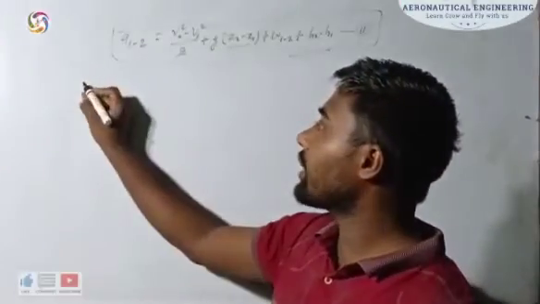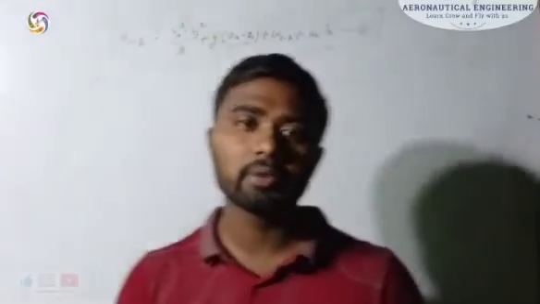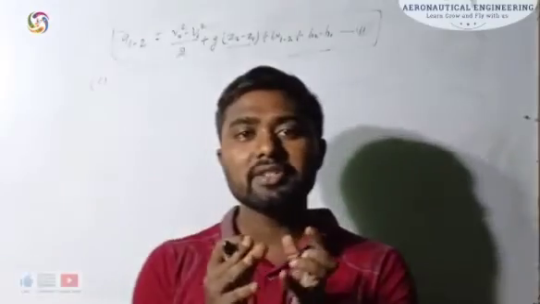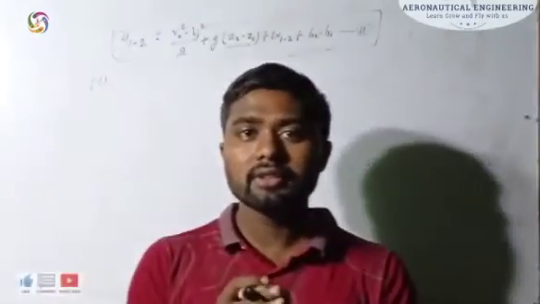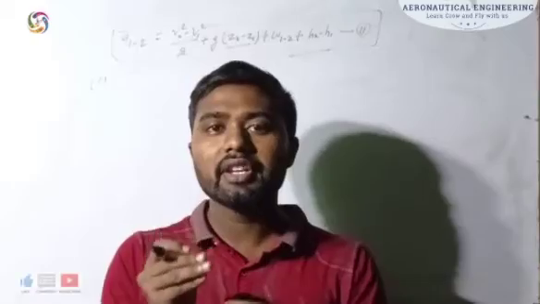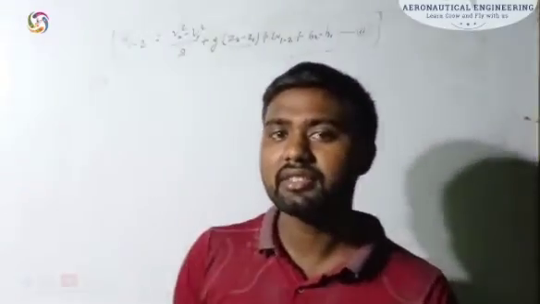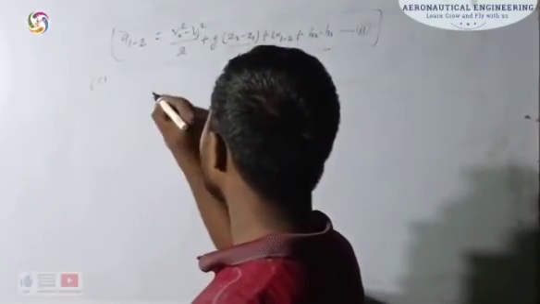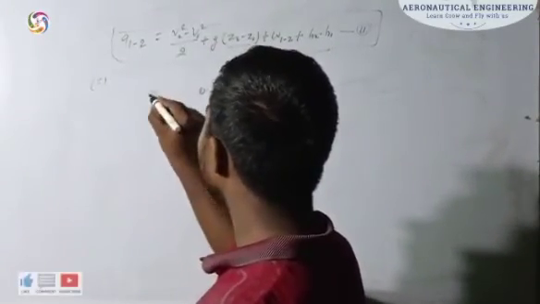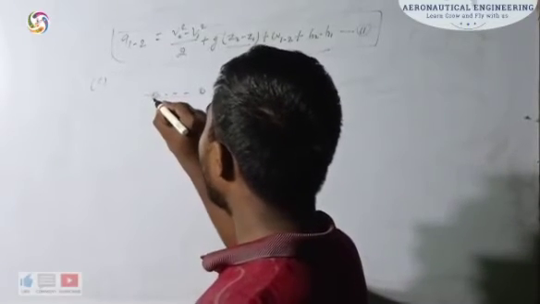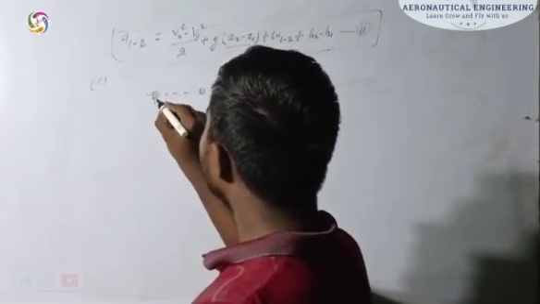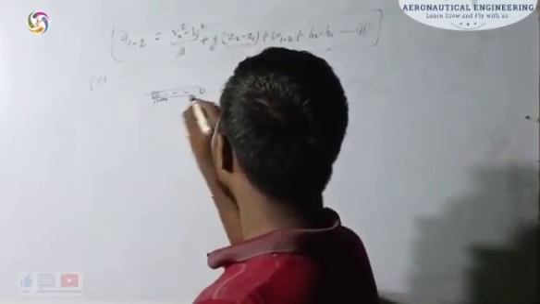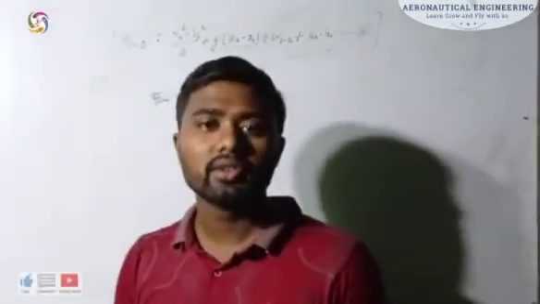The fifth application we are going to see in case of throttling process. So first we have to know what is the throttling process. Suppose a fluid is passing through a orifice, and if the pressure decreases by some amount and the velocity increases, that process is called the throttling process. So see this one, suppose this one is an orifice. If a fluid passes through this duct, and at initial condition, if there is a decrease of pressure and increase in velocity, then this flow generally called as throttling process.